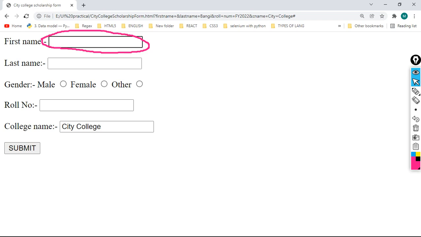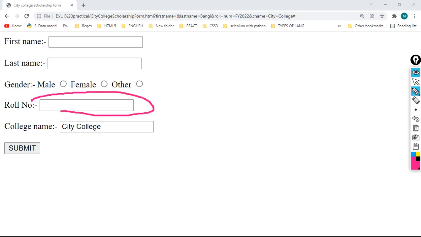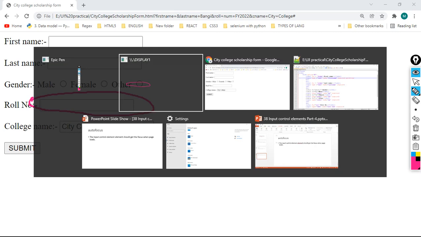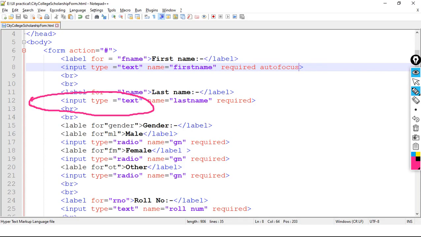As soon as the page is loaded, I want focus, or we can say the cursor, on the roll number field. I want my focus here. So for that I will have to make changes in the coding part.